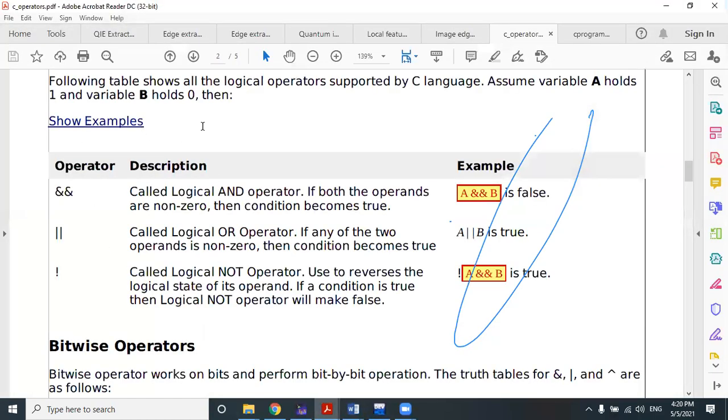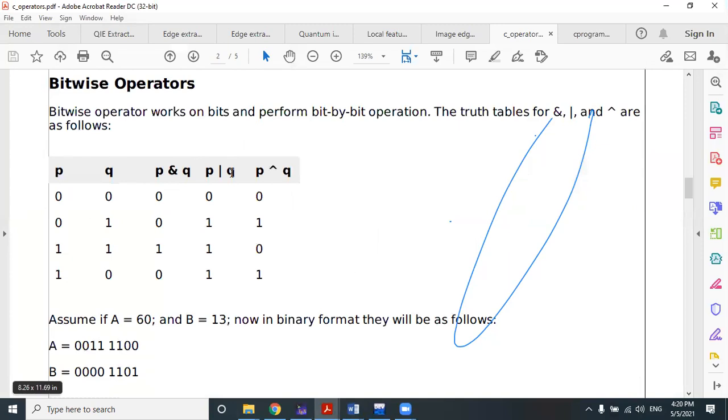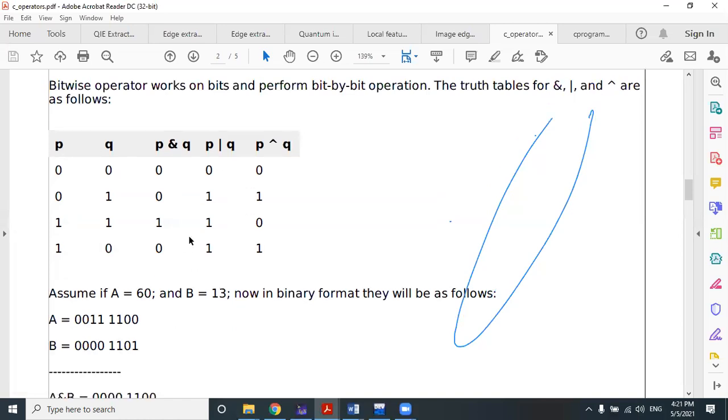The next operation is the bitwise operator. You have already done these operations if you have learned Boolean logic. It's a bit by bit operation. Suppose two values are given to you in decimal form, and you will have to apply these bitwise operators to them.